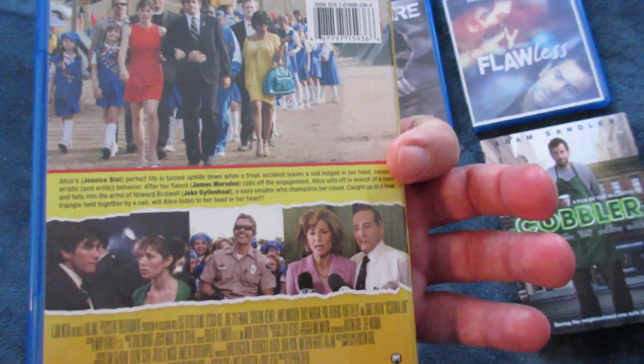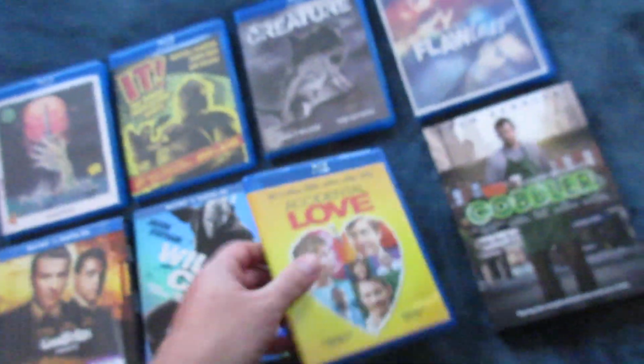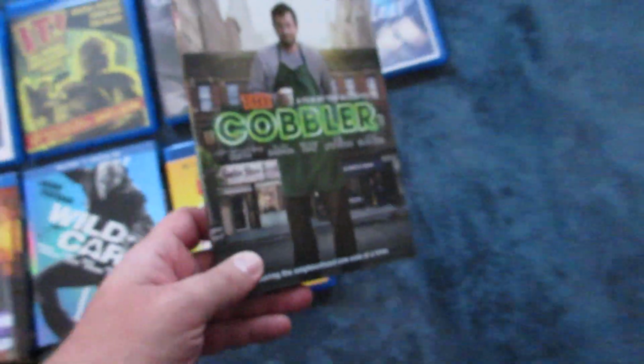But it was kind of memorable for that moment. Oh yeah, Pee Wee Herman's in there too. Paul Reubens. But that looks like a fun movie. And the next up is The Cobbler, which is...